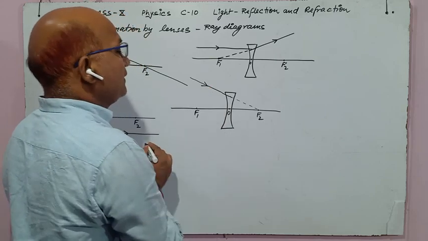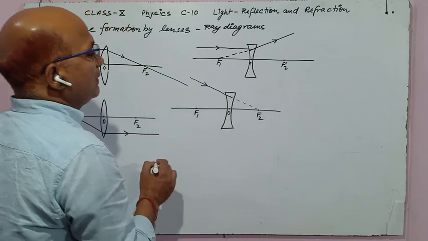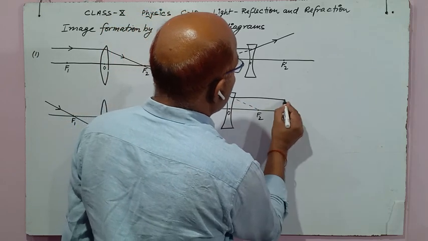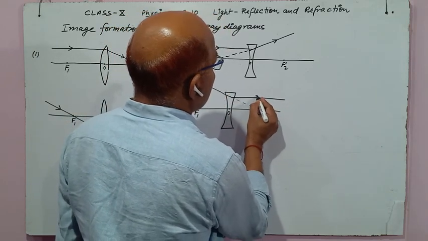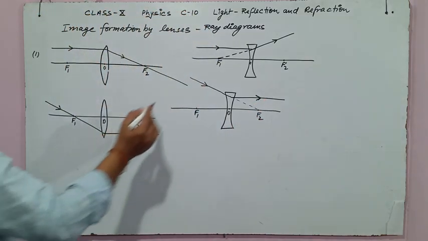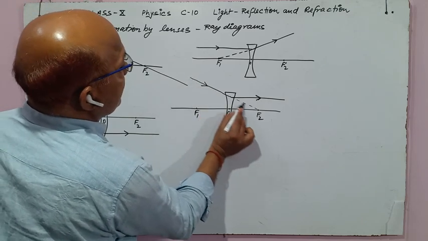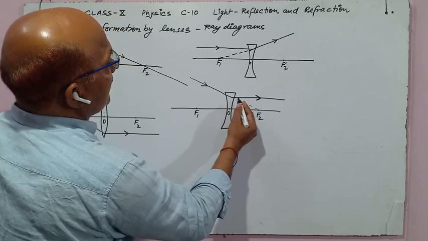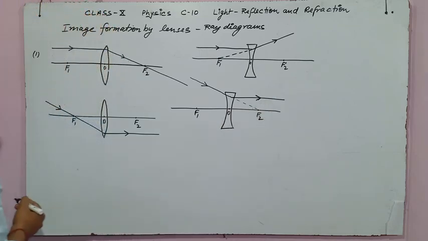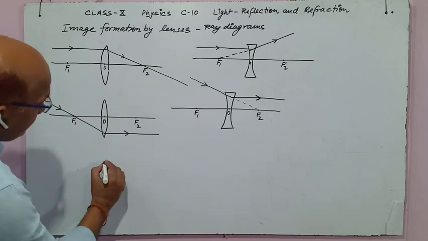It is ray of light incident in the direction of focus. Then after passing through the lens, it becomes parallel to the principal axis. So this is second rule. When a ray of light is coming in the direction of focus, then after passing through the lens on the other side, it becomes parallel to the principal axis. This is second rule. And third one is